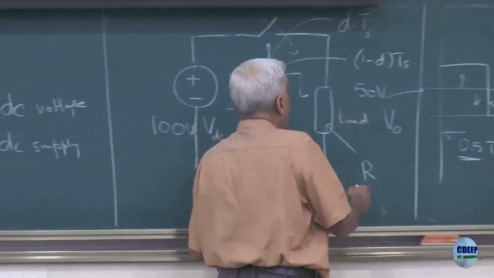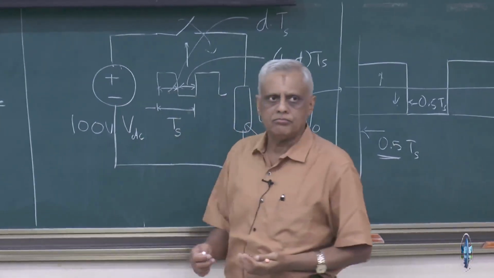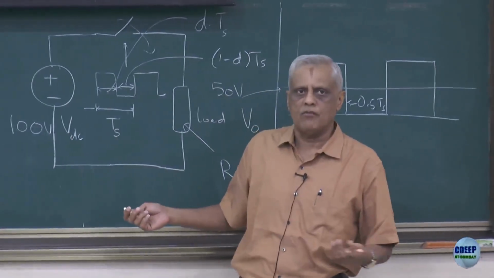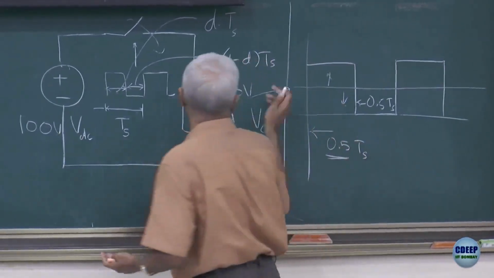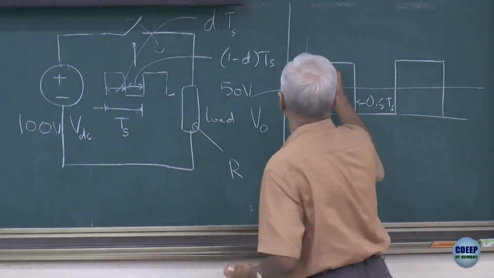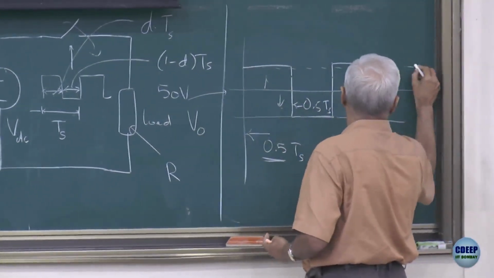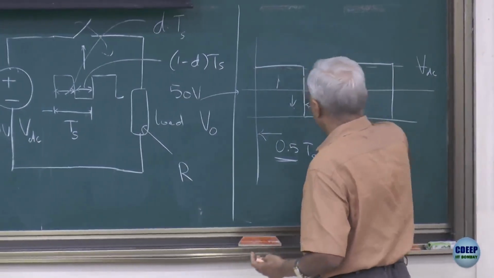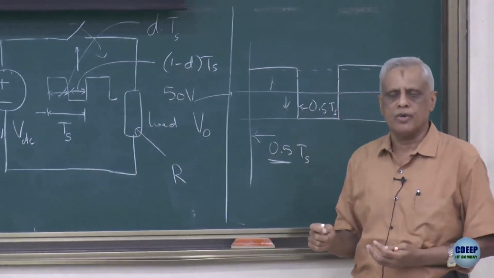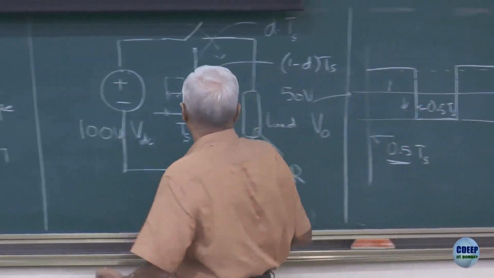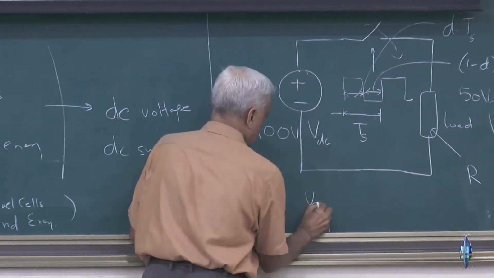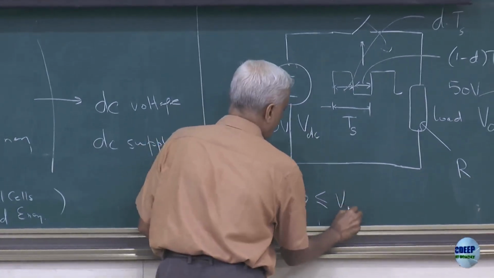So why is it called, as I said in the beginning, a chopper? Why is it called a chopper? Because you can see that it is chopping the input DC voltage. If I plot this as VDC, then you can see it is chopping it. It's called a chopper. But the point is, with this kind of a system, this VO is always